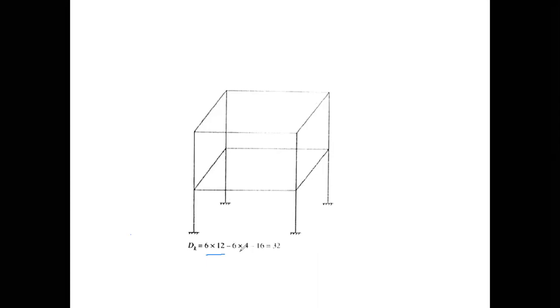What is r? R is the number of internal reactions, and I already told you in the previous lectures also that if a joint is rigid, then in a 2D frame the number of internal reactions at each rigid joint is 3, and for a 3D frame it is 6. So 6 at each joint, 6 here, 6 here, 6 here, and 6 here. So it is 6 multiplied by 4 minus 16. 16 is the number of members. That is 1, 2, 3, 4, 5, 6, 7, 8, 9,